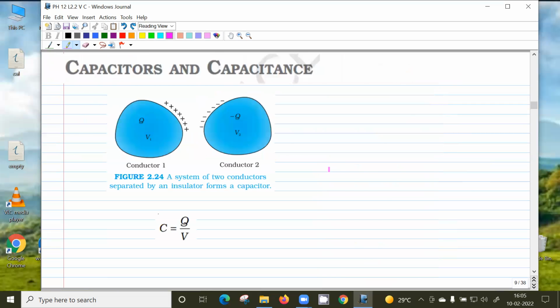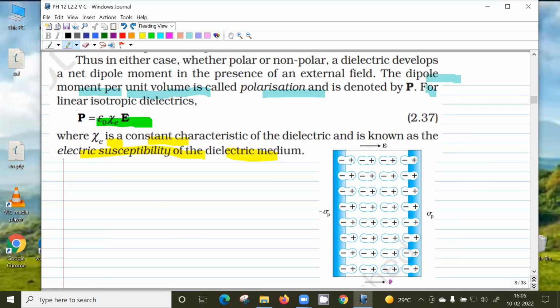For a dipole, the polarization is from negative to positive, right? The direction. If you remember, this is for a single dipole. So for this entire volume, I just have to add all the p's because all the p's are parallel. So capital P is the total dipole moment of this dielectric, and that will be proportional to the